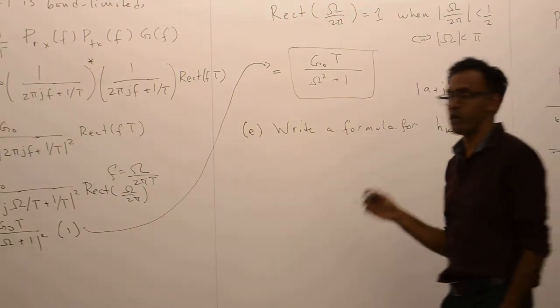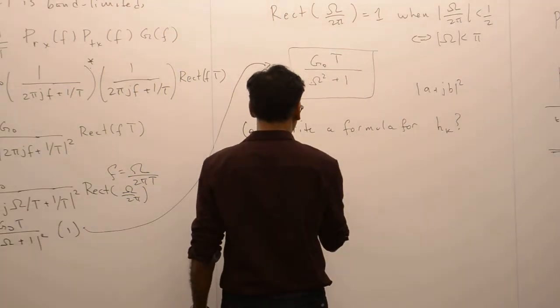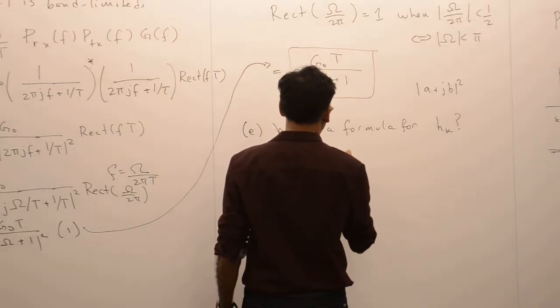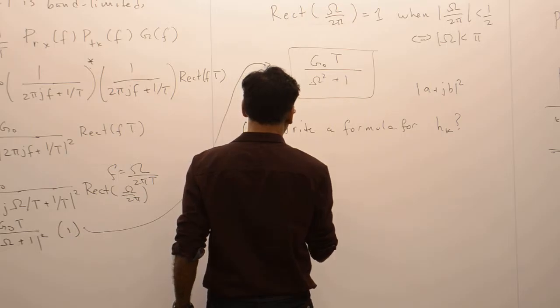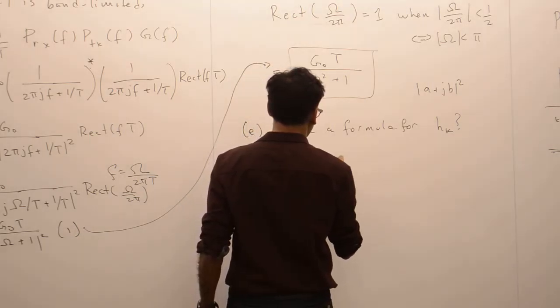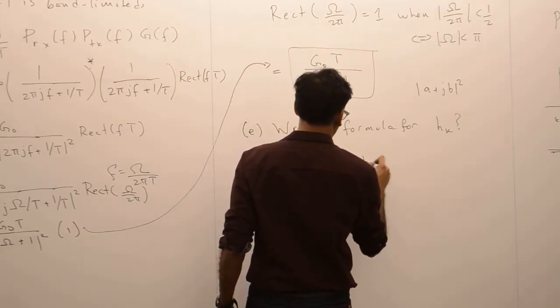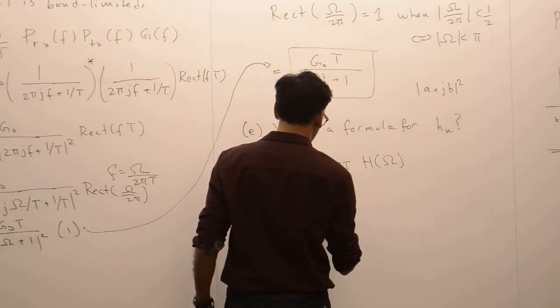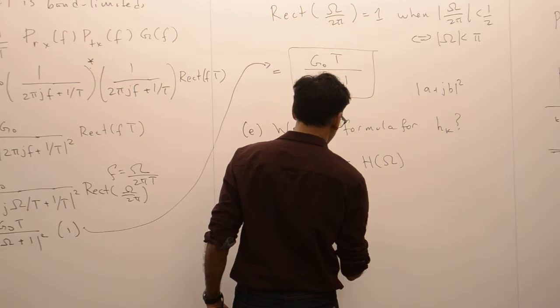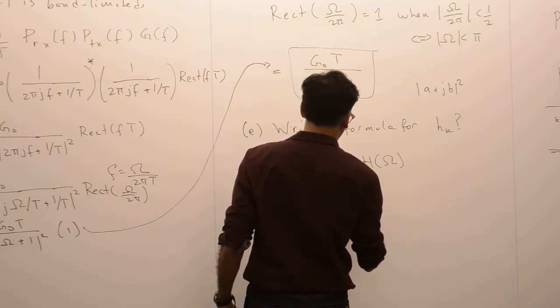I would not ask you to write the integral, but just take the inverse of this. So HK in this case is basically the IDTFT of h of omega, which is equal to 1 over 2 pi times the integral from minus pi to pi g